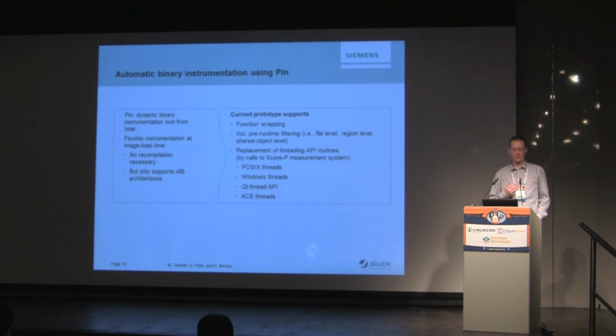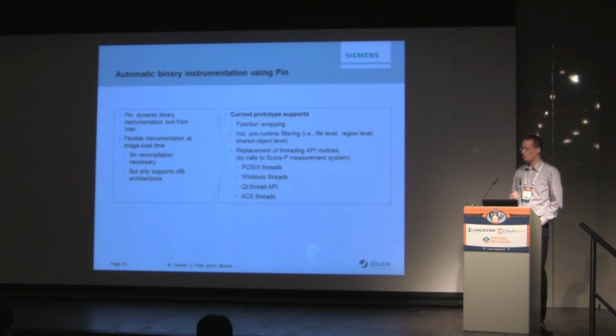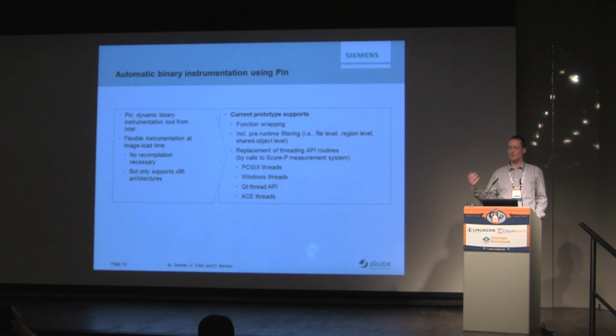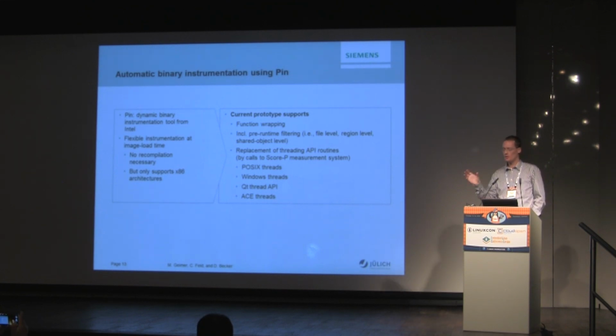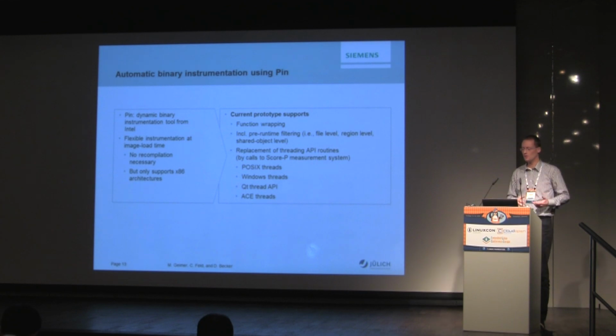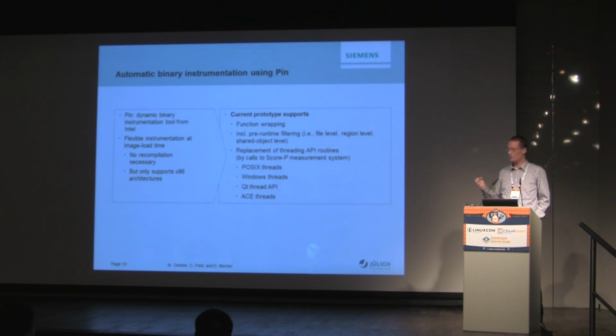Within our joint project with Siemens, we developed automatic binary instrumentation based on the Intel PIN tool, which provides a flexible instrumentation at image load time. So we don't do this during compilation, but when we load the image. No recompilation is necessary. Unfortunately, it only supports x86 architectures. The current prototype that we have supports function wrapping, so we can capture all the different functions. We can do pre-runtime filtering, so we don't do it at runtime, but we can control what gets instrumented at image load time. And we can replace the threading API routines for different threading